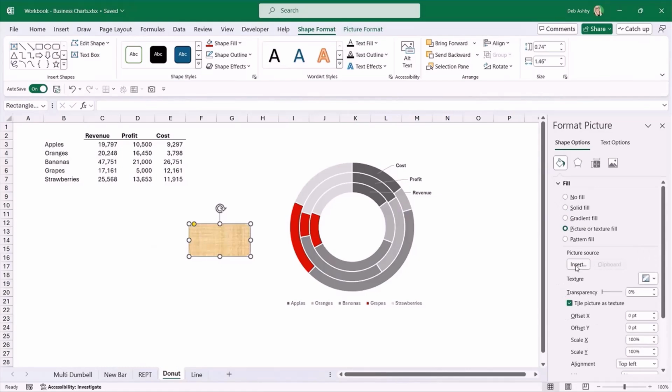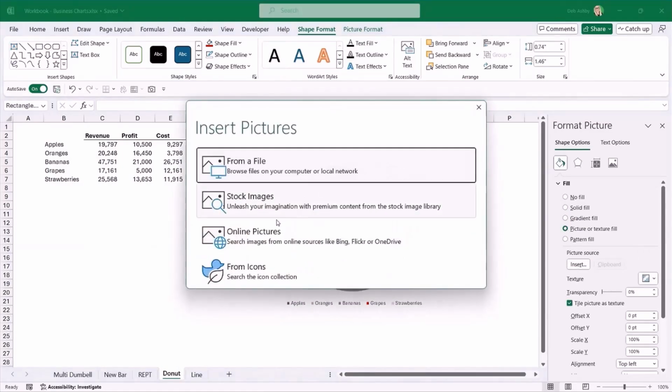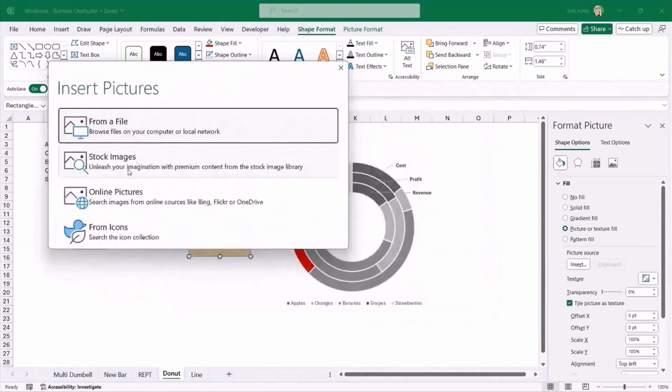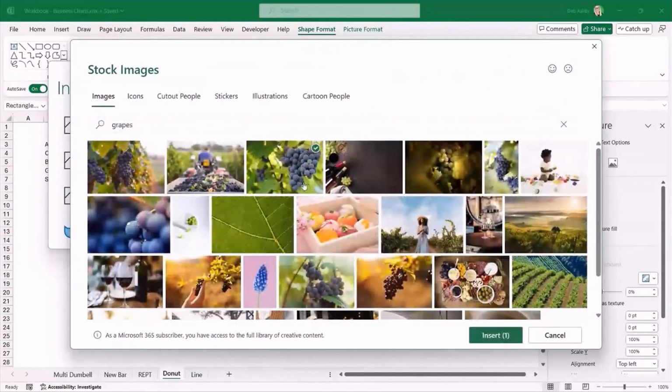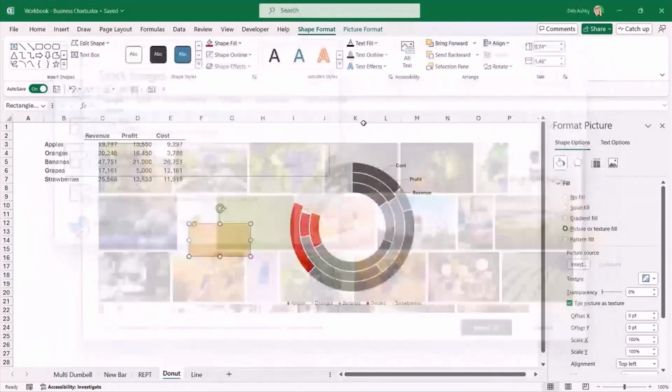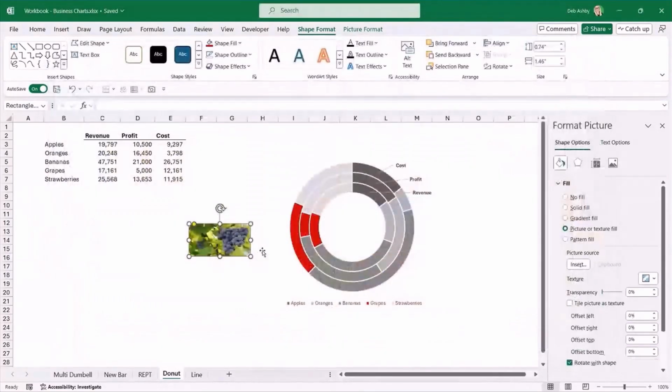Now, picture source. Let's click on Insert. I'm just going to grab one from the stock image library. So let's go for that. And let's search for grapes. And we'll use this one just here. Let's insert it in. Now, when you're inserting images inside shapes, and this is another quick tip, quite often you'll